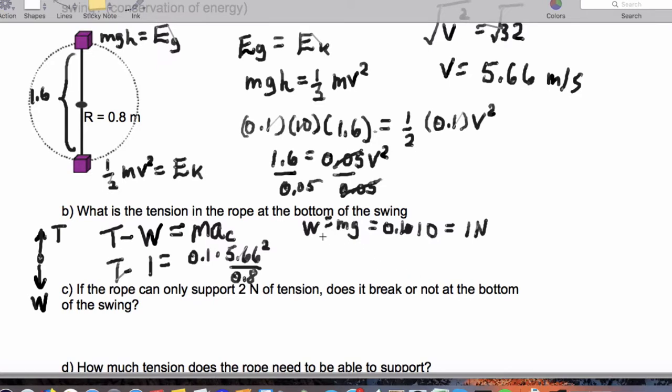So just to be clear, the centripetal acceleration is v squared over r. And when we solve, what we'll end up getting is the tension should be about